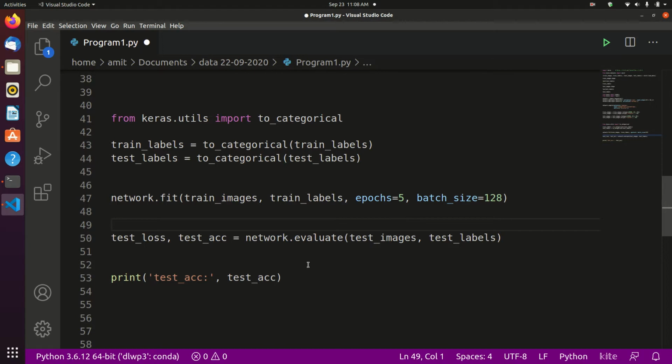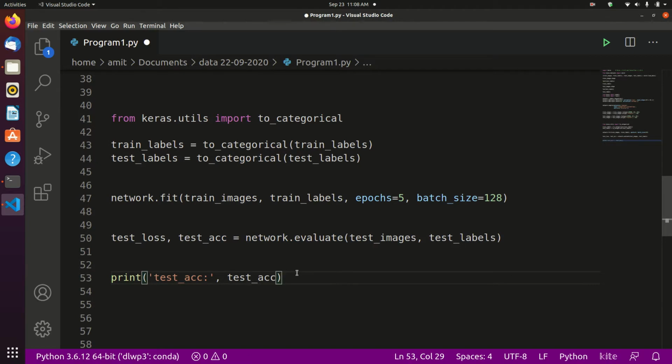Then after the network is trained, you evaluate it with network.evaluate on test images and test labels, so that we can calculate test accuracy or test loss.